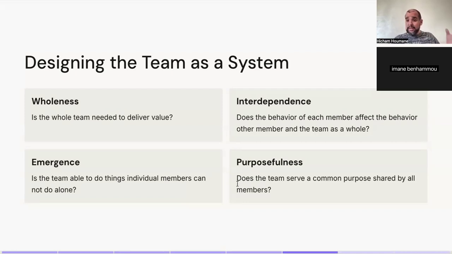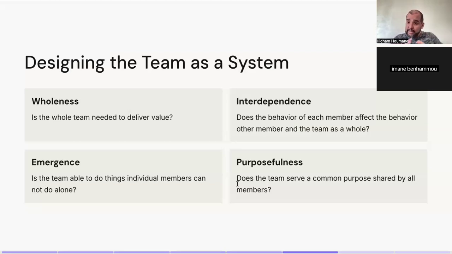I don't know if you've worked with development teams before, but there are sometimes companies that group, for example, backend developers together into a team, or group designers together into a team. Now, that type of grouping has some value, but you also lose the idea that you need the entirety of the team to deliver the value. So that team is not really exhibiting the properties of a system as distinctly.